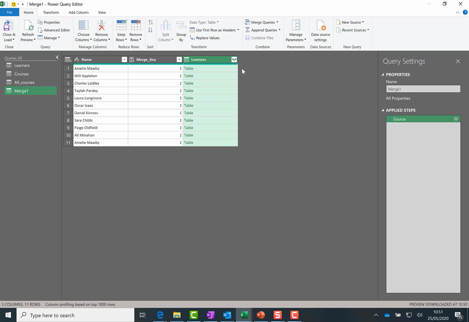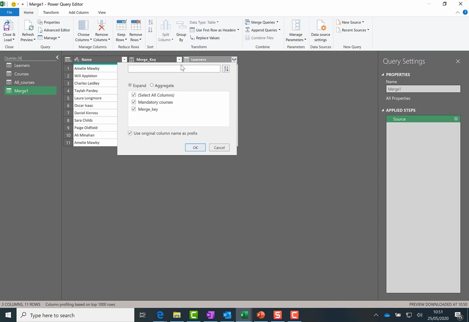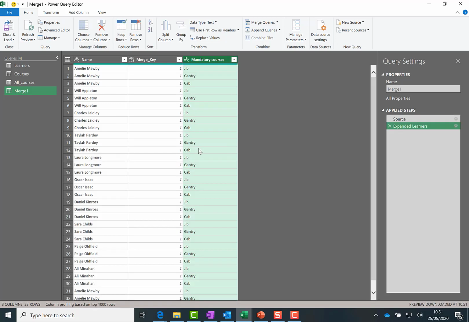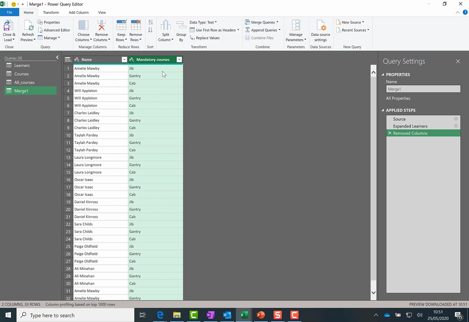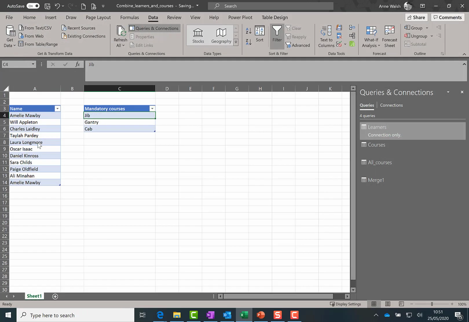Now, because there's a lot of duplicates on the ones, this creates a table and basically says just give me everything. So if I click over here beside this one, deselect that one, click mandatory courses, I don't want the original column name, and then I click OK. So you see here I now have a list where each person has a course to go with it. Then I right click and remove. Now I'm ready to go, so I'm going to close and load to,